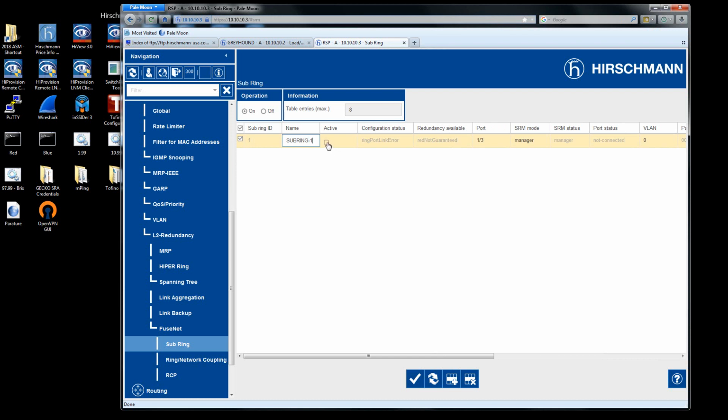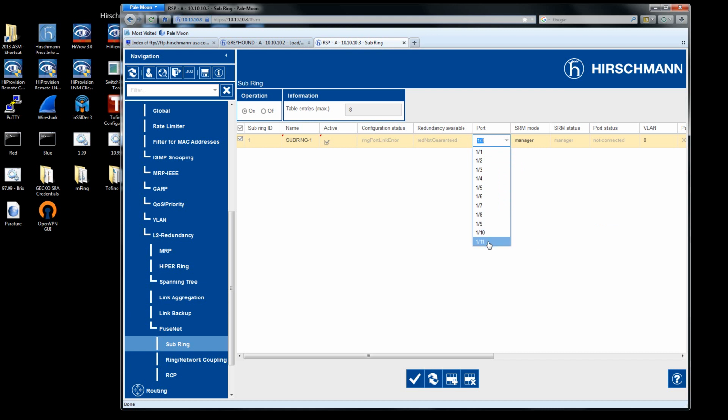Instead of A, we'll call it subring 1. We're going to make this active. And we're then going to define the port, and the port on this is